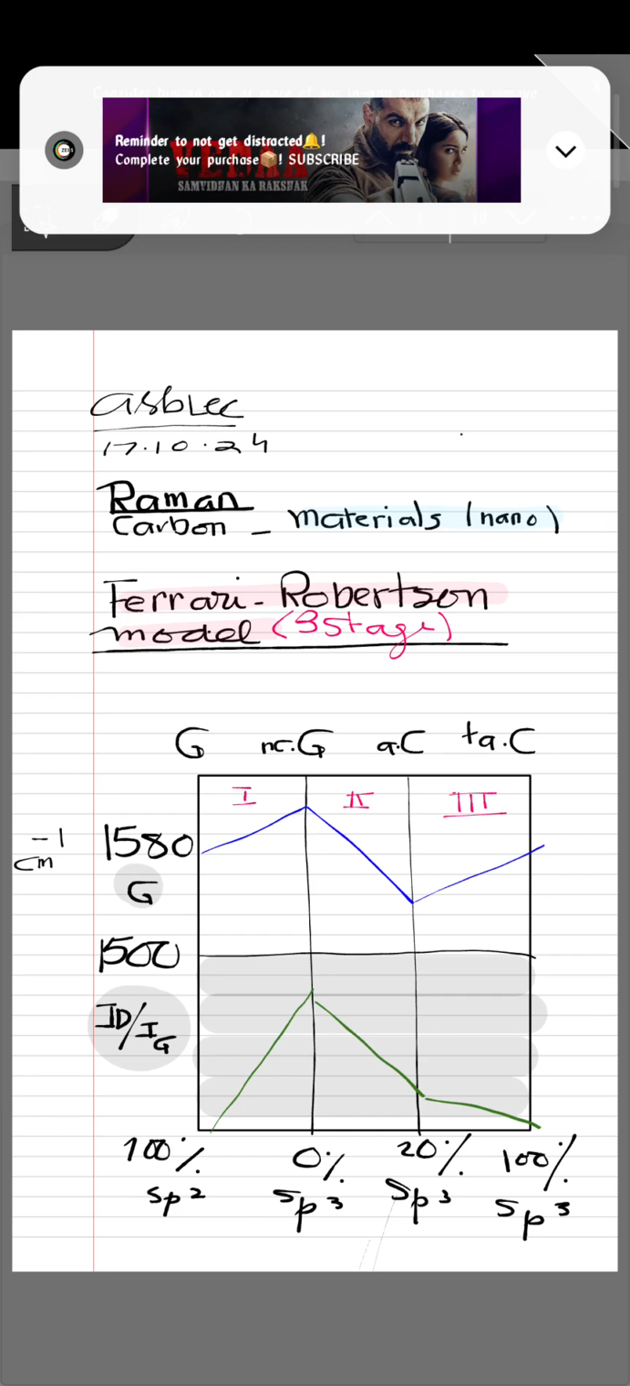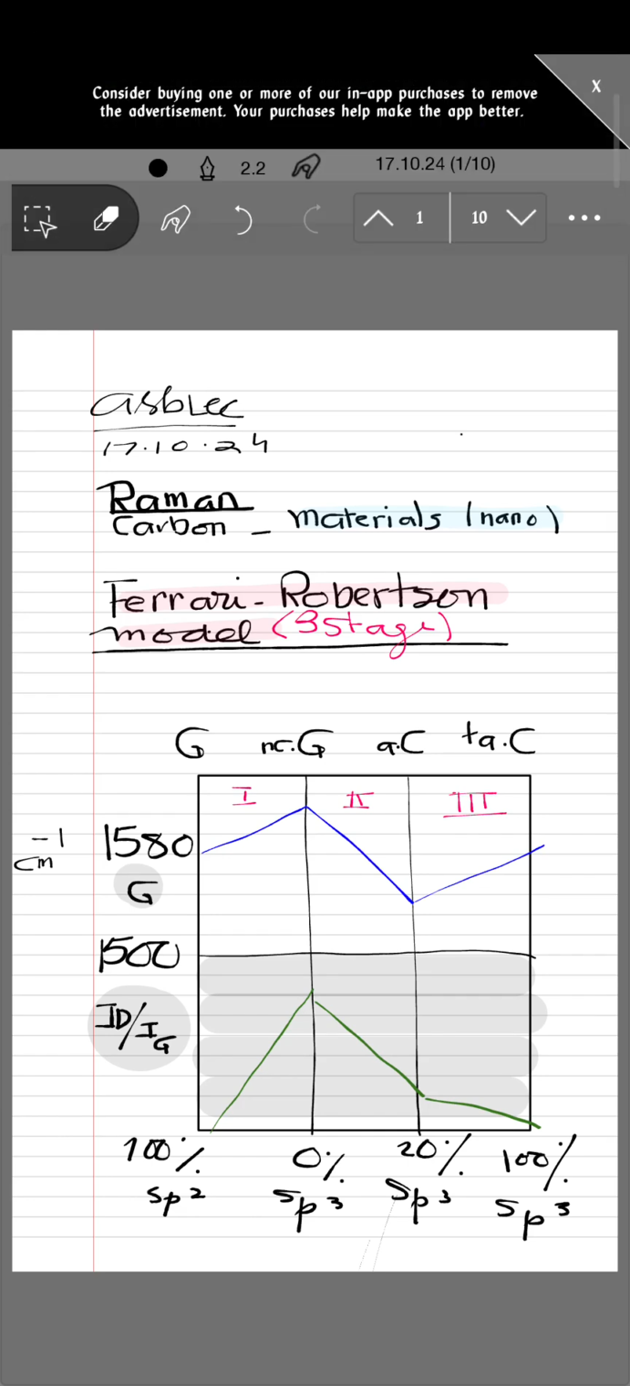Hello students, in this lecture we are going to discuss the Raman analysis of carbon-based materials, and we'll also consider nanocarbon materials like graphene, and see what can be derived from the Raman analysis. Now, Raman analysis is considered to be one of the most significant analyses for the structural characterization of carbon-based materials. It is based upon the very famous three-stage Ferrari-Robertson model,